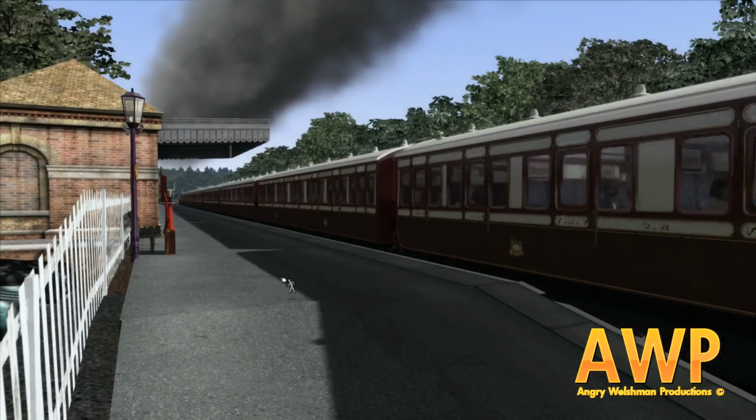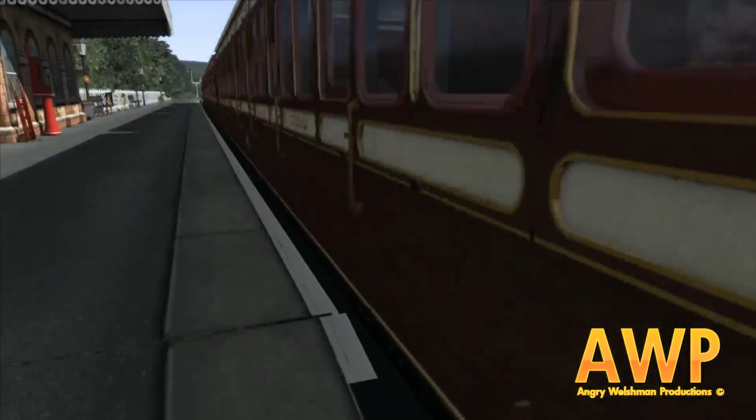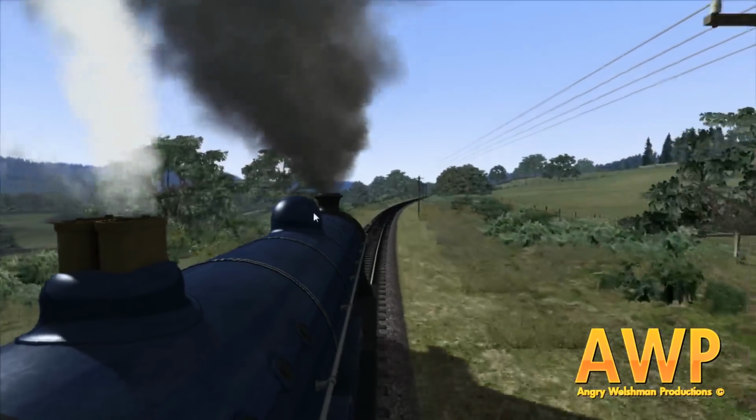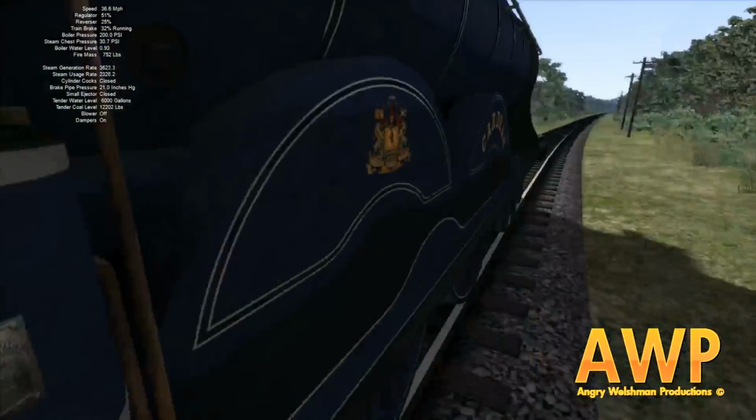Oh, yes. There is so much love right there. And I love the fact that every time a train goes through the station, it just rips a little piece of the platform away. You know? Oh, yes! Feel...